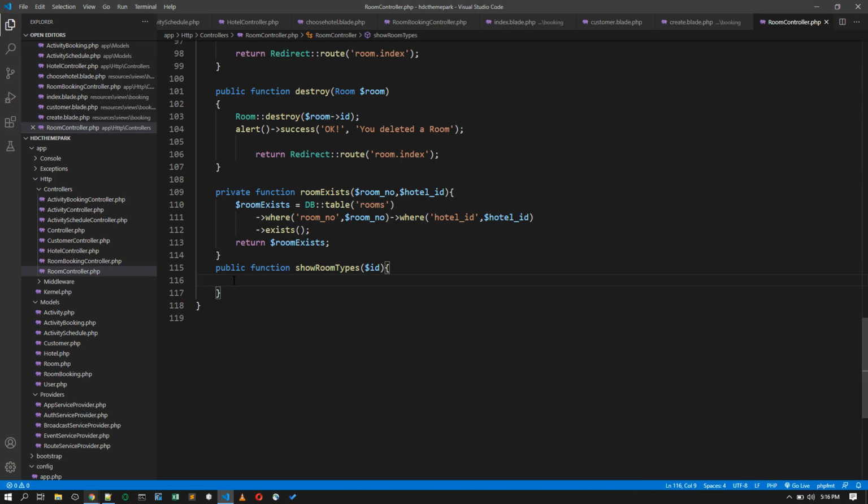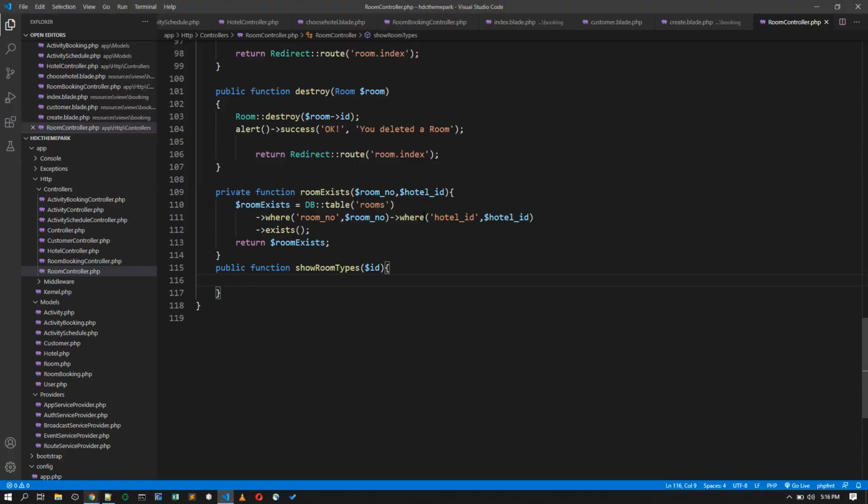Now what do you want to do? Here, this ID belongs to the hotel. This is the hotel ID which the admin wants to put rooms into. So you will actually grab the hotel name here, and then you will show it in a different way, to show all the rooms available. Please choose the rooms. So we will return another view. This time we will have a room class. So we will have room slash